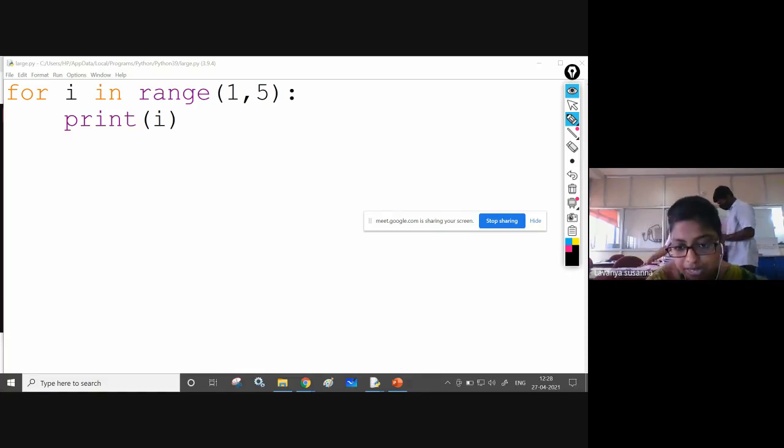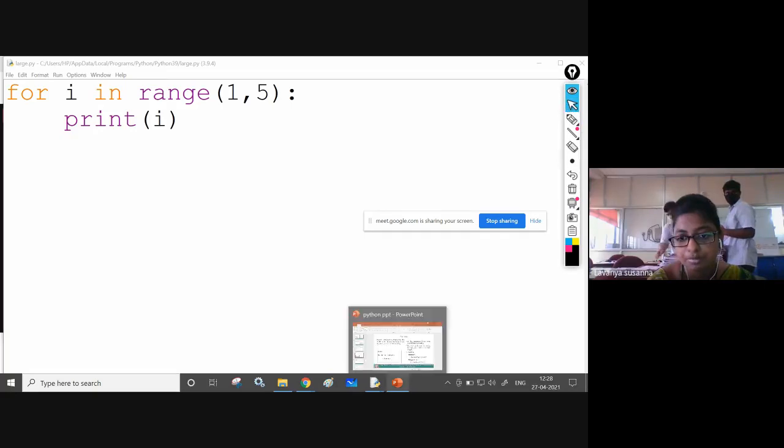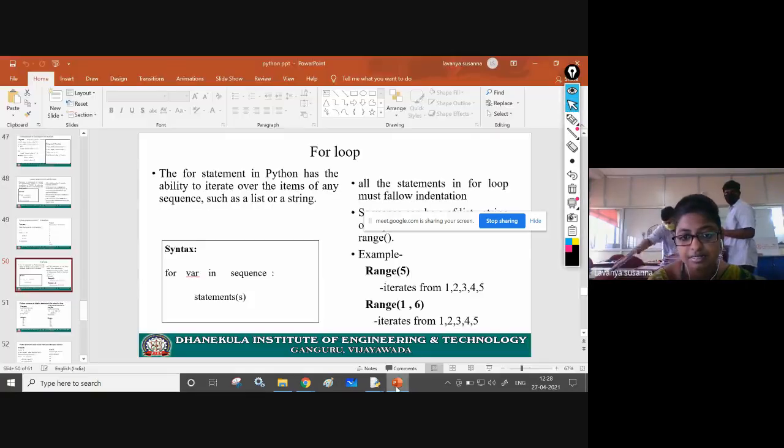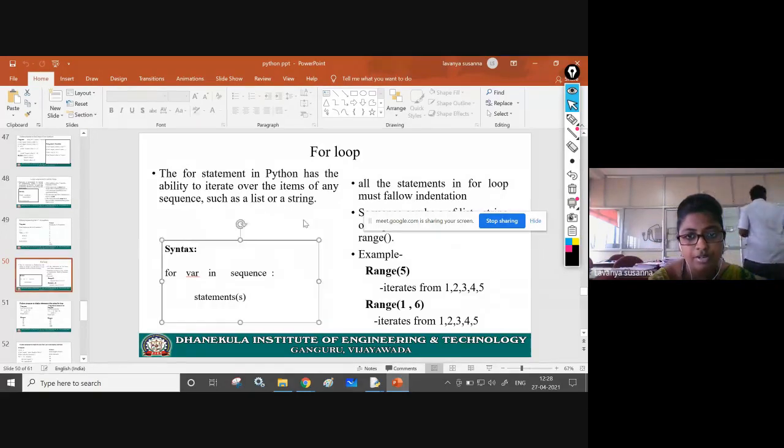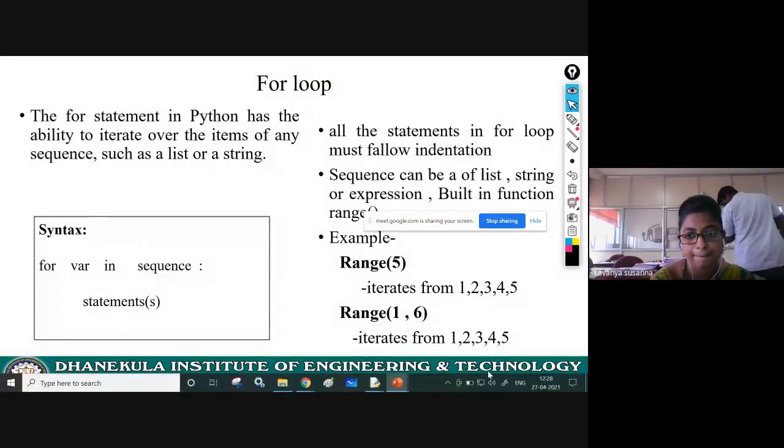Now let us see. I will explain the syntax first and then I will explain the program. First, let us see the for syntax. Before I explain about for, you need to know about range. That's why I have explained range. Range is a sequence, okay? I'm sorry, this is 0, 0, 1, 1.